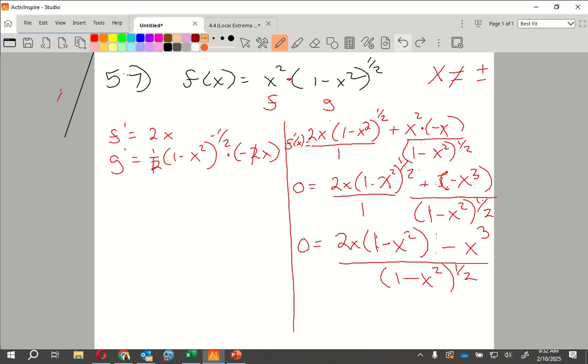Okay, what else with my domain here? Because this is a 1/2 power, what can I not have inside that 1/2 power? What's that 1/2 power mean again? Very good, square root. So in a square root, what can I have? Can't have negatives, right? So that means that x has to be,